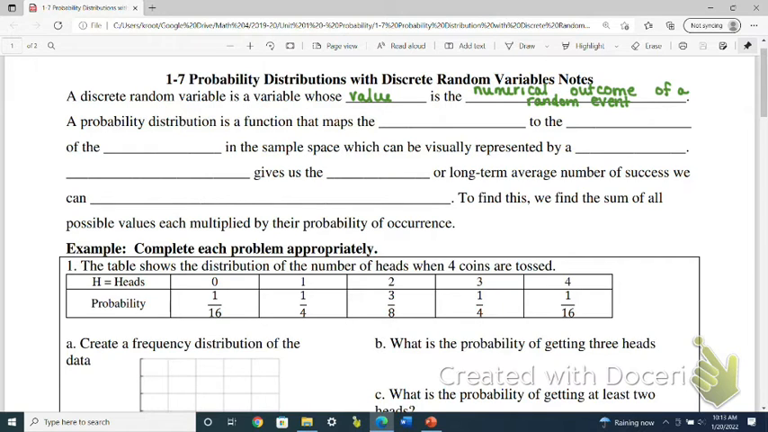A probability distribution is a function that maps the sample space to the probabilities of the outcomes. In the sample space, they can be visually represented by a histogram,